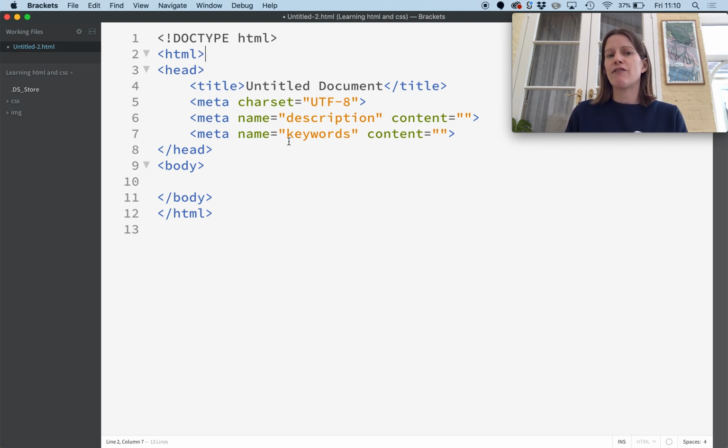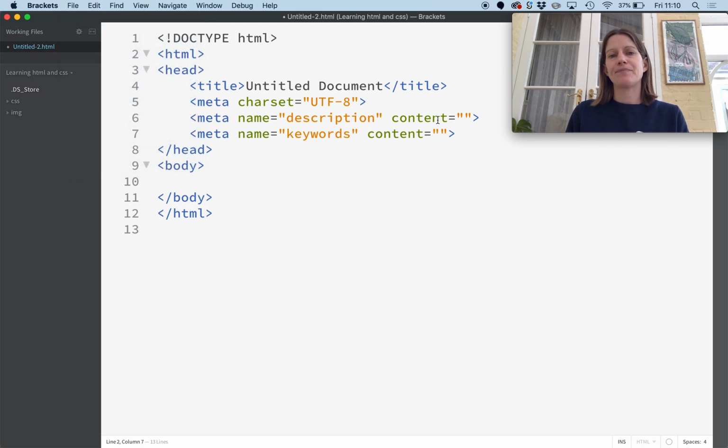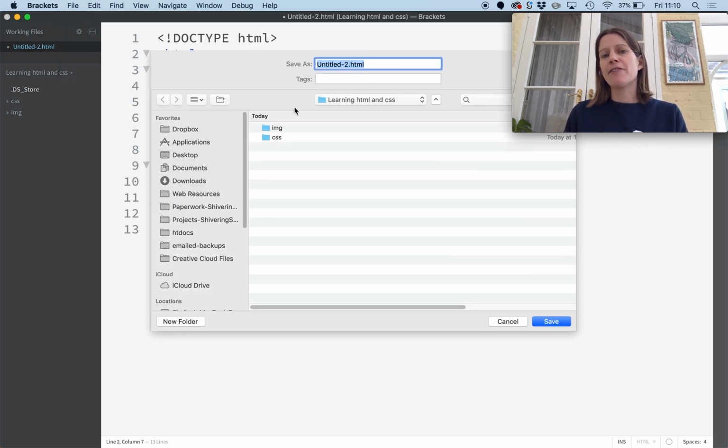Before we go any further and explain some of this stuff and start writing some code, we need to save our page. In Brackets, you'll see there's a little dot there, a little circle, and it's currently an untitled page. We need to give that a name. So let's go File, Save As. You'll notice it's instantly picked up that we're inside this folder because we dragged it over here, so it knows